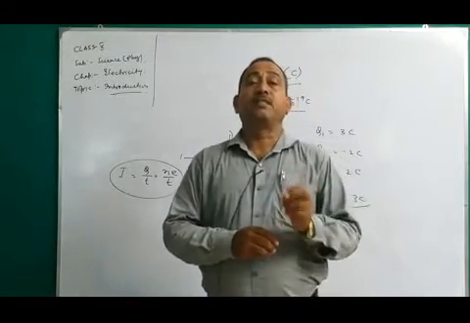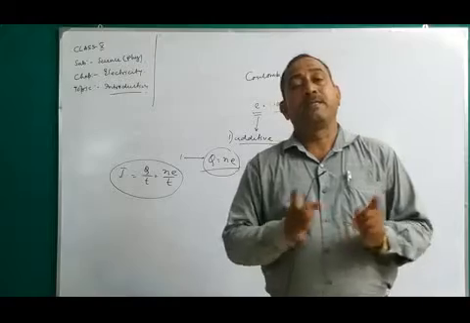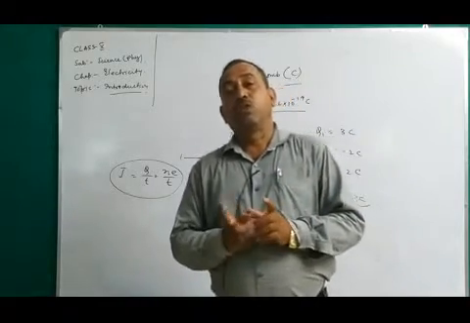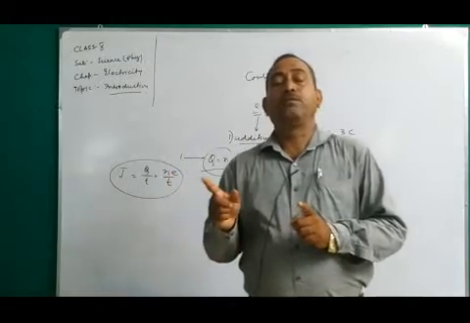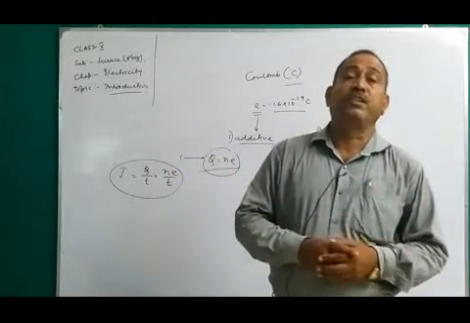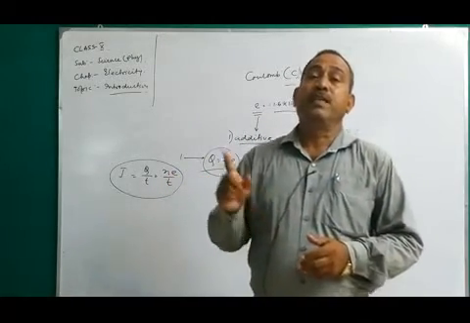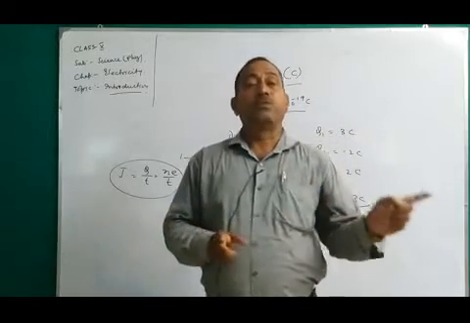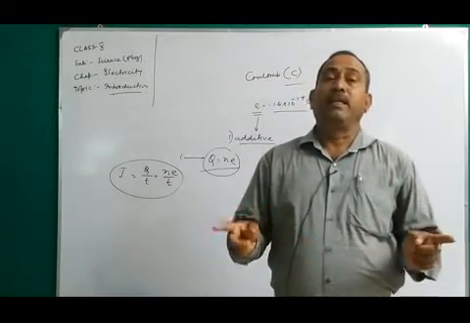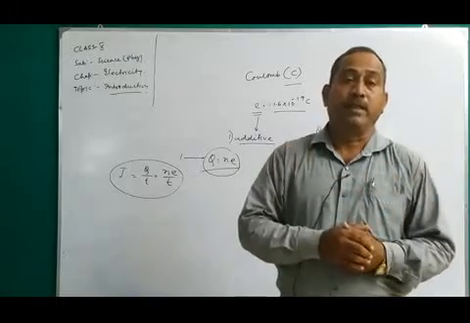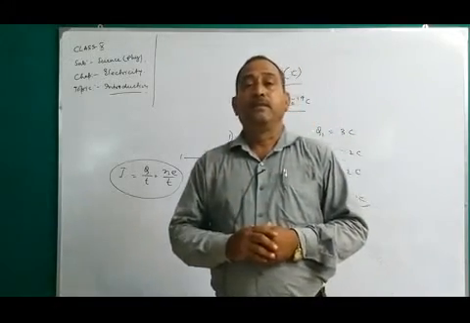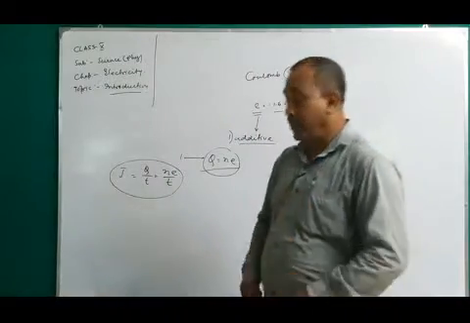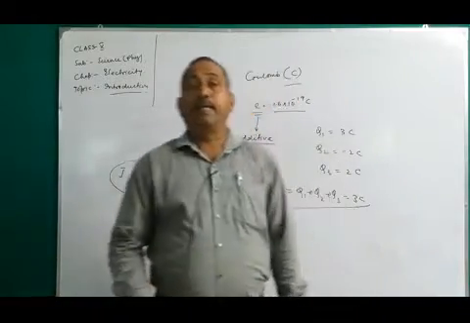That force creates the field. Direction is positive to negative. So the force is created on the electron, and the electron will flow from negative to positive. If force is created on the electron due to the electric field, then the current will flow through the conductor. So the conductor does not create the current. My dear students, you must remember it.